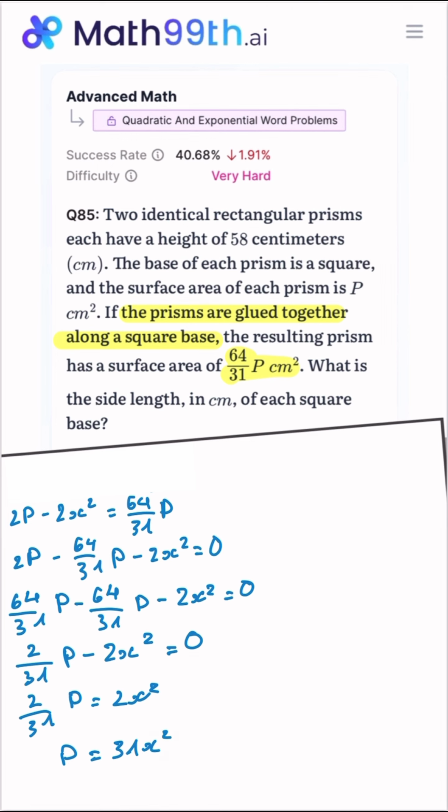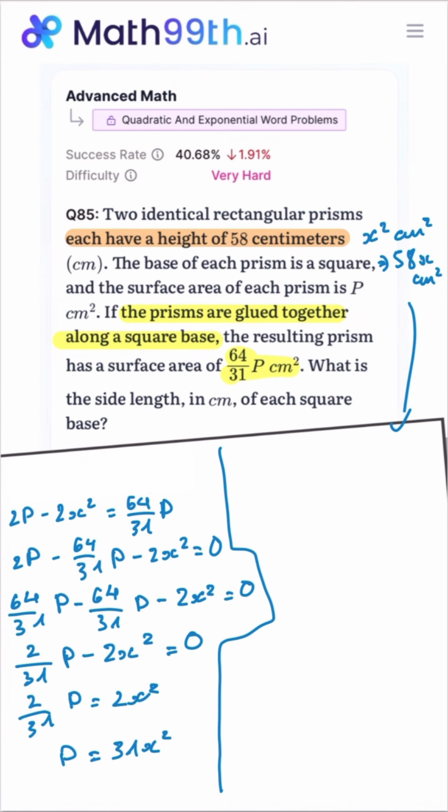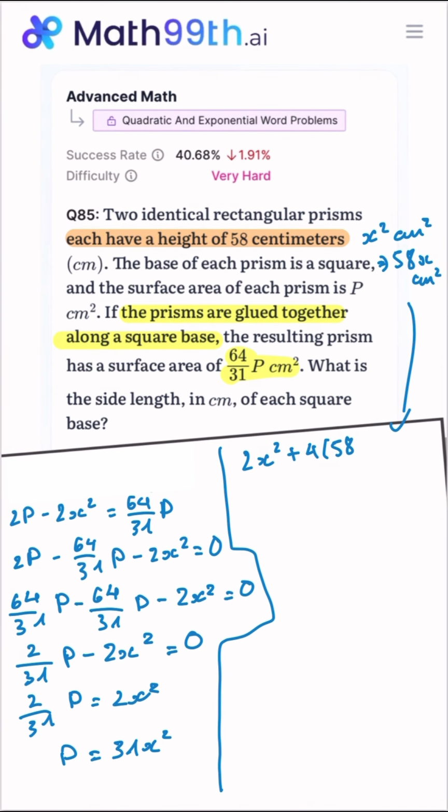The surface area p, in centimeters squared, of each rectangular prism is equivalent to the sum of the areas of the two square bases and the areas of the four lateral faces. Since the height of each rectangular prism is 58 centimeters and the side length of each square base is x centimeters, it follows that the area of each square base is x squared centimeters squared and the area of each lateral face is 58x centimeters squared. Therefore, the surface area of each rectangular prism can be represented by the expression 2x squared plus 4, 58x, or